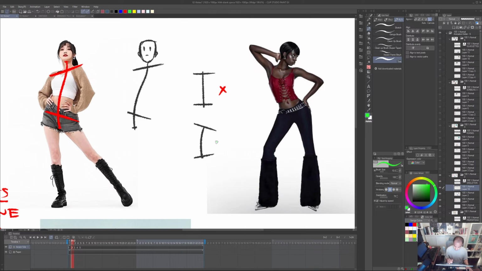This is correct. But again, that depends on the pose that you're doing, right? Not all the poses that you are doing are gonna need this dynamic way of drawing. But if you're an illustrator, something that you have to remember is that